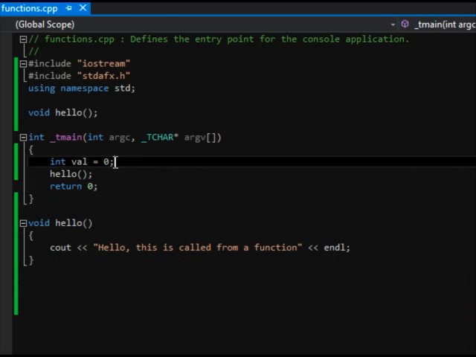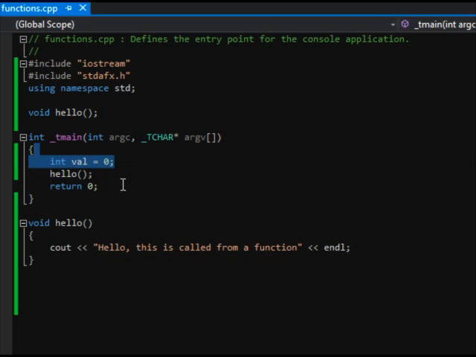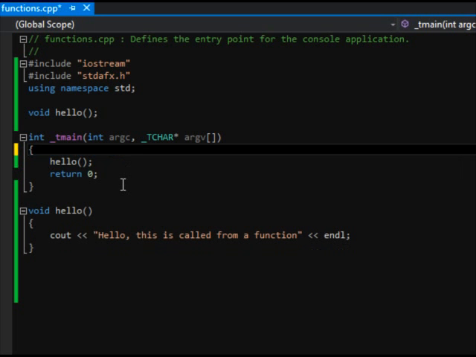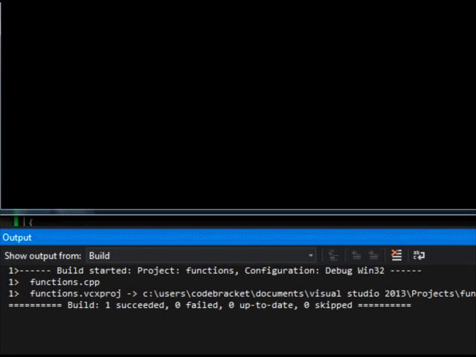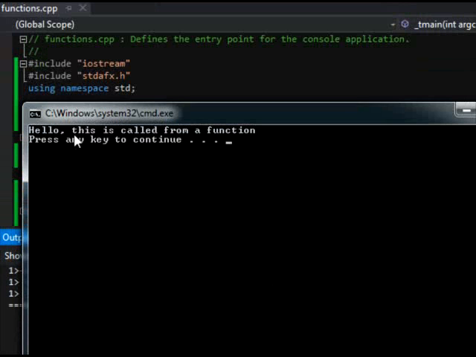So I called my hello method, and I'm going to get rid of this because I don't really need it, and that'll create some more space. There. I just created a hello method, and let's run that without debugging. I'll show you what I mean. It called our function hello.